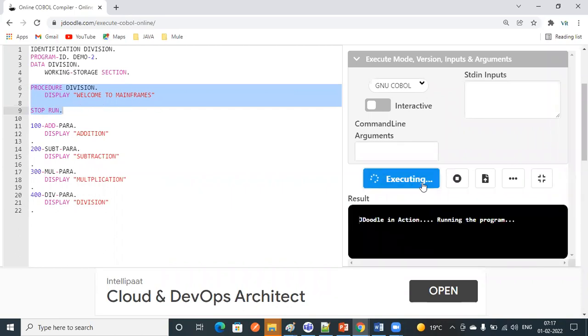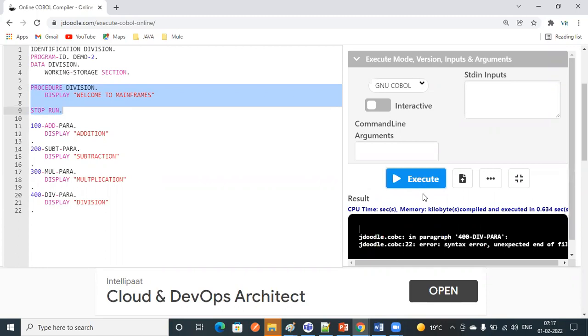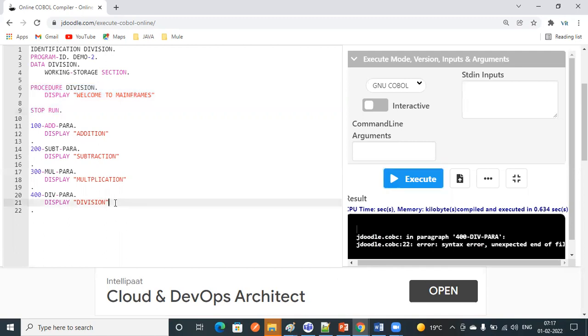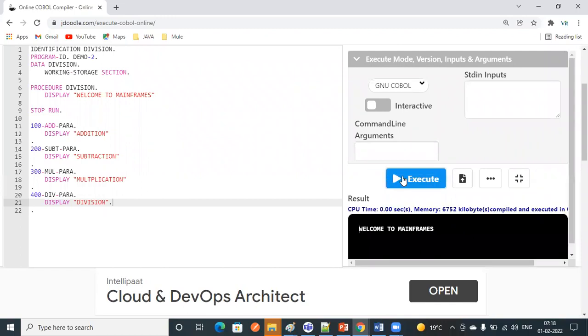Just observe here. Okay, some error, unexpected. Okay, welcome to mainframes.